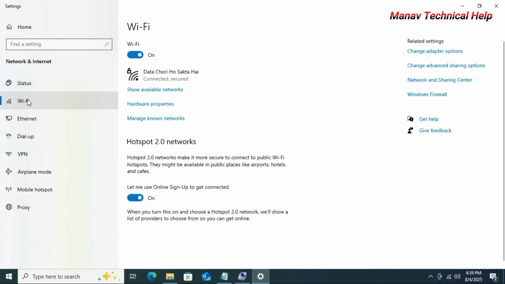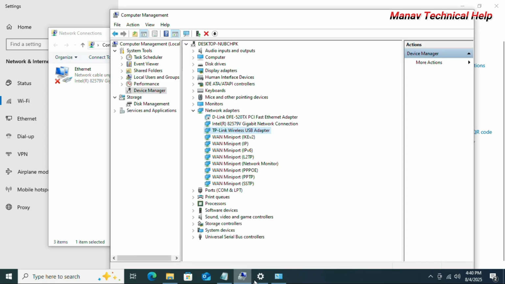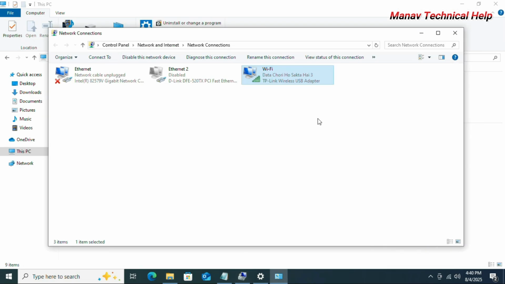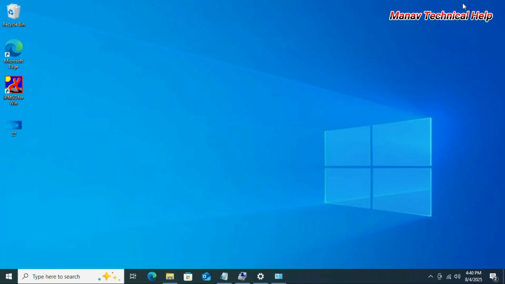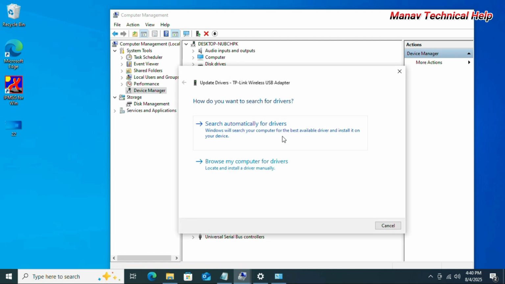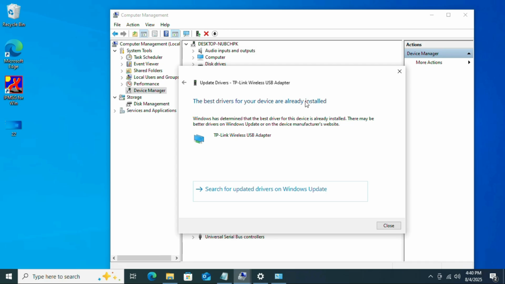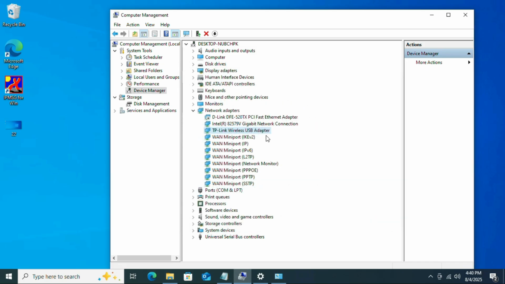So Wi-Fi, change adapter option. So this is my Wi-Fi TP-Link wireless USB adapter. So find here under the list your Wi-Fi adapter. Okay, this is my Wi-Fi. So right click on it and click here Update driver option and click here first option, Search automatically. So guys, already installed, close it. Again right click on it